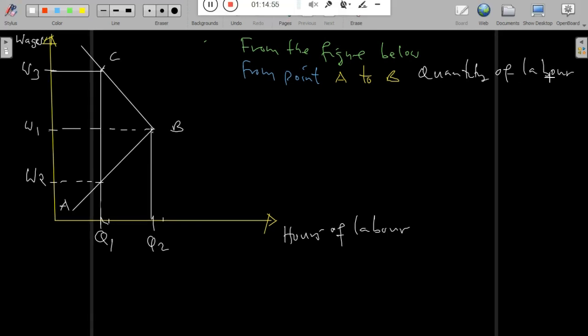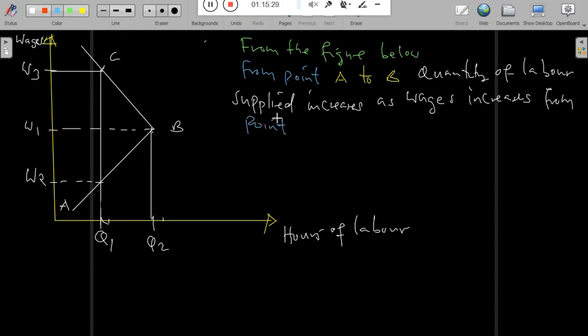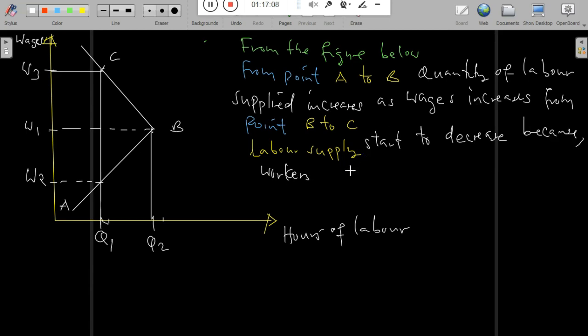So we have a certain movement shift of the equilibrium, showing the time that most of the laborers spend on working rather than taking leisure. We have the maximum time that they spend, starting from point C and point B as well. From this figure, from point A to point B, the quantity of labor supplied increases as wages increase. Points A and B represent the number of workers who increase in the workplace because the wages are more attractive to them. So from point B to point C,